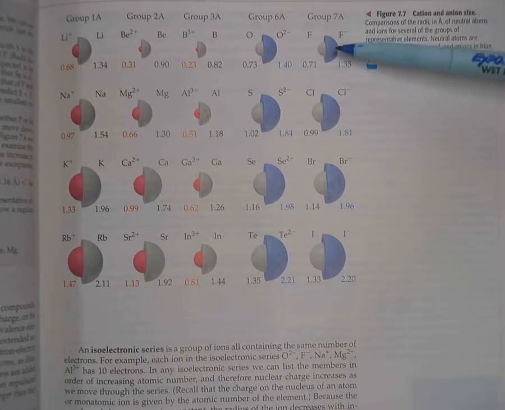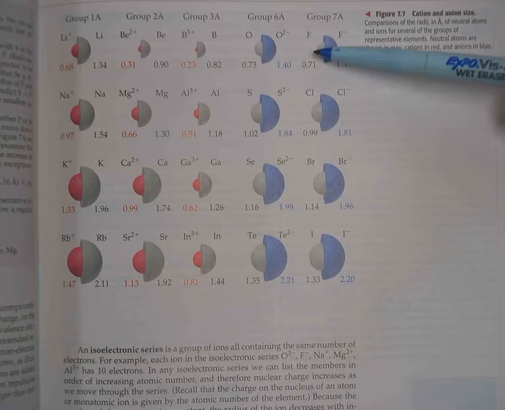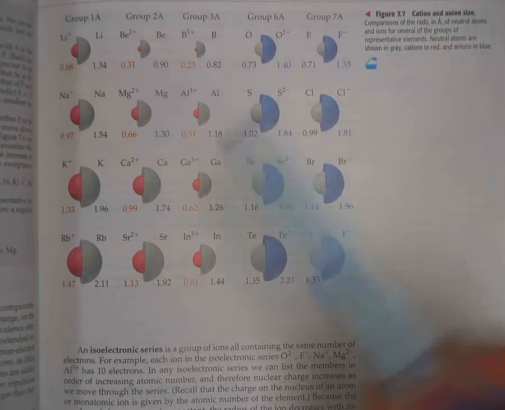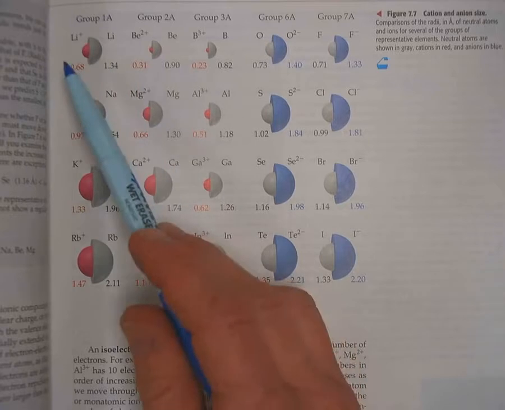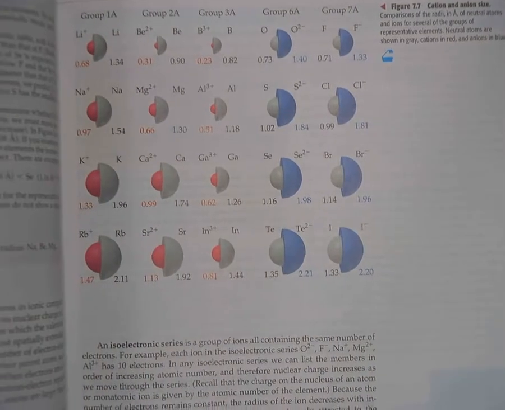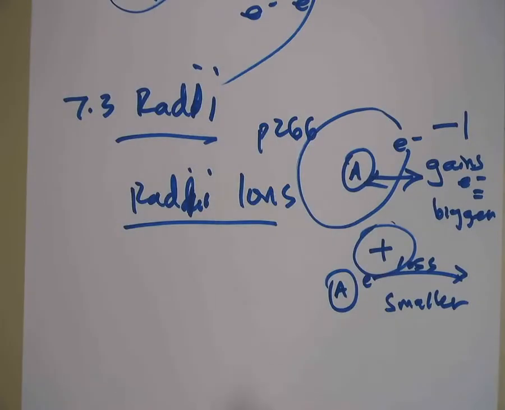So you can see right here, here's the trend of radii. Fluorine going from F to F minus got bigger because it gained an electron. Lithium going from Li to Li plus lost an electron, so it got smaller, and it's one of those pink colored ones. This is on page 269 of the 10th edition of Brown-LeMay-Burdge. Okay? Next trend